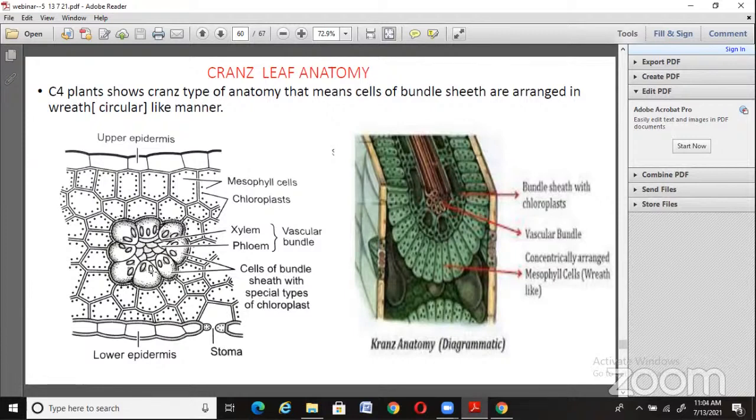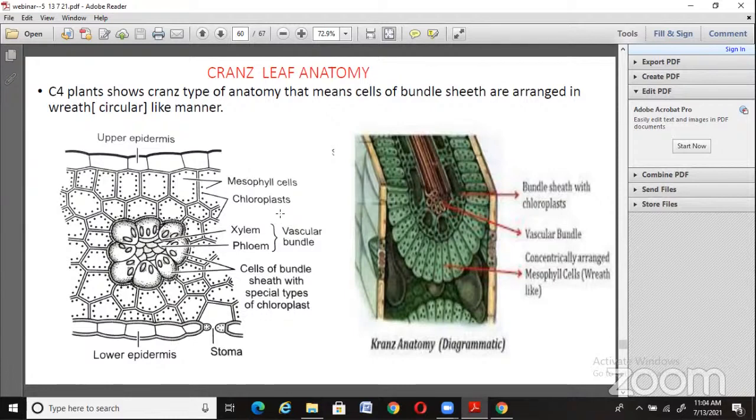So granal chloroplasts are found in mesophyll cells, and agranal chloroplasts are found in vascular bundle cells. So Kranz anatomy and dimorphic chloroplasts are both adaptations shown by C4 plants